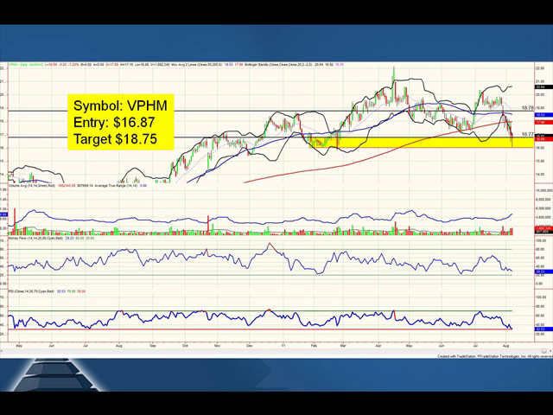So our last stock is going to be VPHM. This is probably our number one play here. You can see how the stock came down very hard into this particular demand and support area here. But also look at the pattern of the pricing. It's an M pattern. So when you get an M pattern here coming into a demand or a support area,